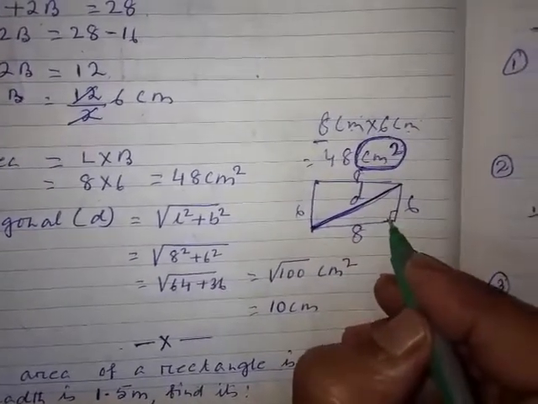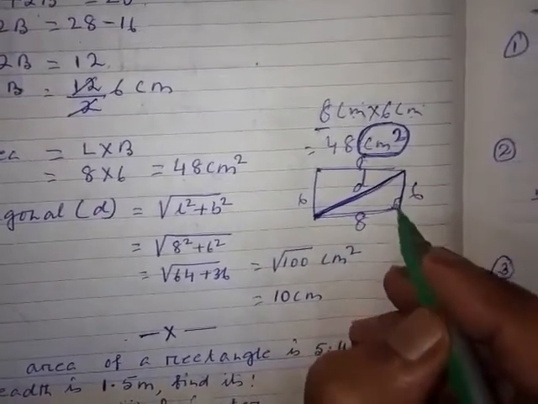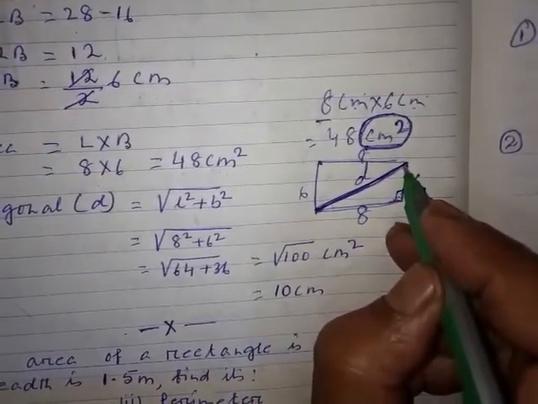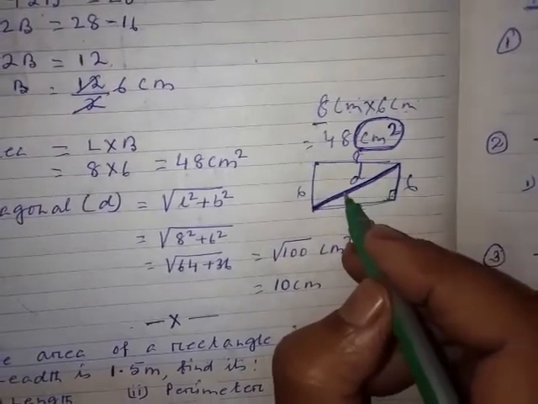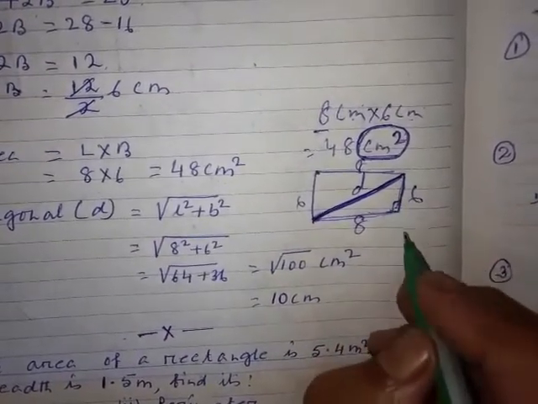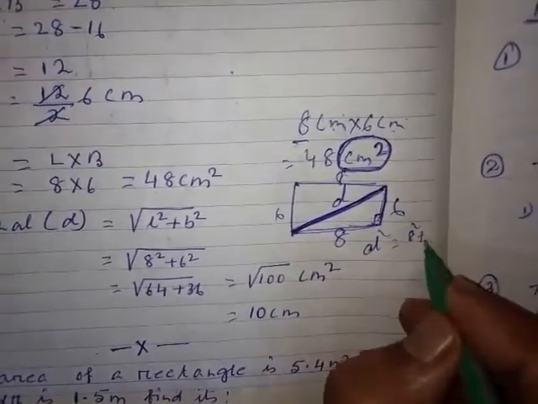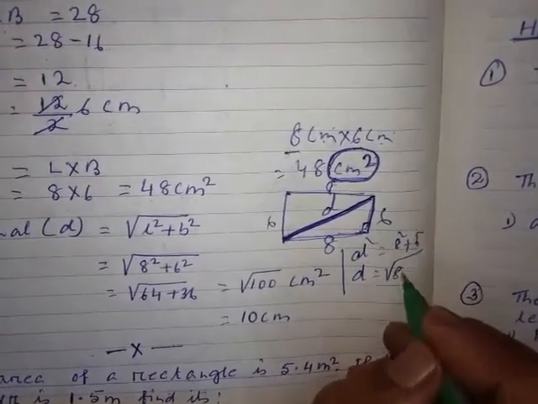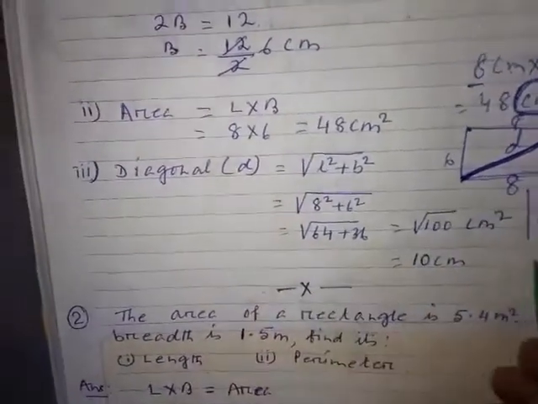Now in a rectangle, all the angles are 90 degree. So I am just taking this triangle and I will solve it with its help. This is 90 degree. Opposite of 90 degree, the side is called the hypotenuse. Pythagoras theorem, we know that. So hypotenuse square, here hypotenuse means D. Okay. So hypotenuse square is equal to length square plus breadth square. That means you can write D square equal to 8 square plus 6 square. So if I want to find out D, D equals root over of 8 square plus 6 square will come, or not? Same way I have written here.